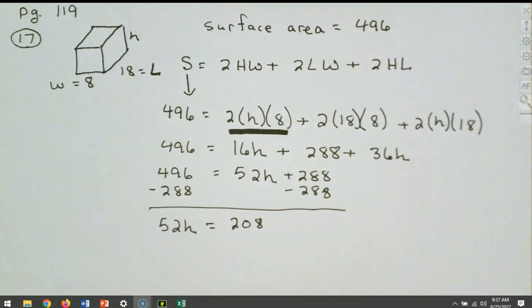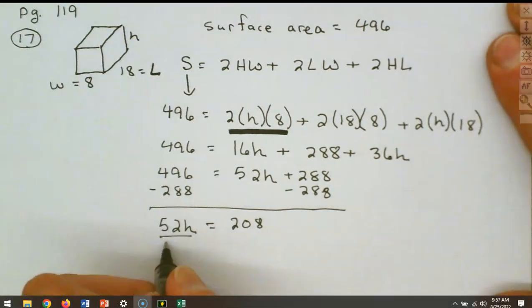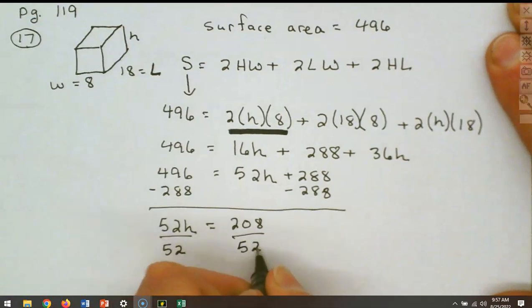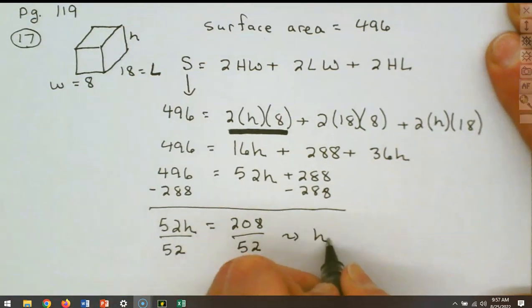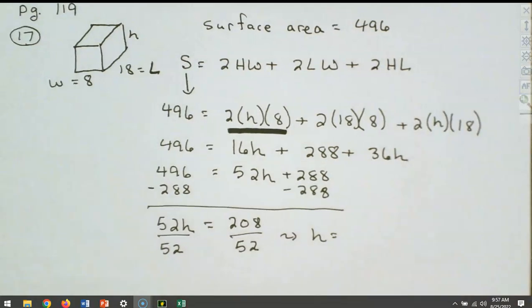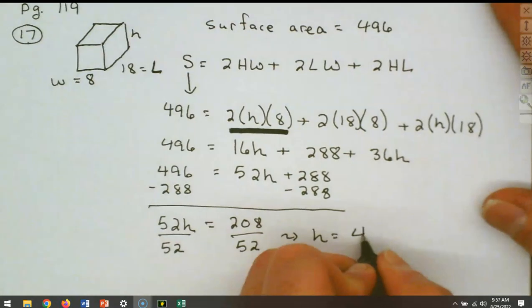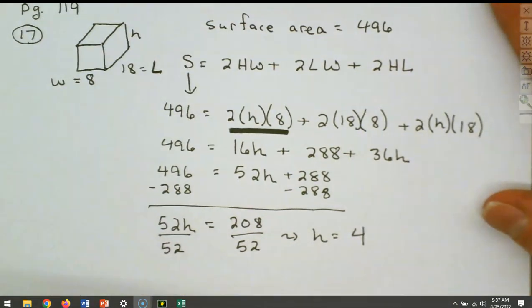And we'll divide by our 52 here, and that's going to give us our H. So divide that by our 52. And what do we get H now to be? 4, isn't it? So it comes out to be an even 4. And that tells us then our height, which is what we want,